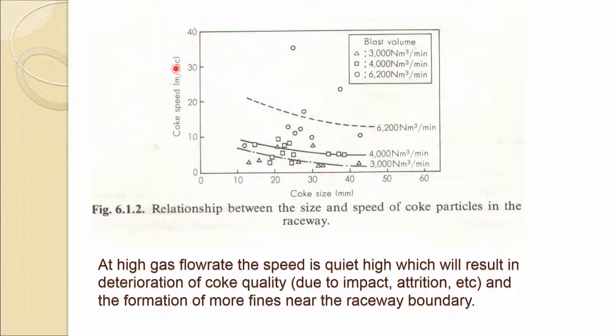So, one can see that when the blast volume or blast rate is low, the coke speed is not that much, but when the blast rate is high, which is the trend in the modern blast furnace,